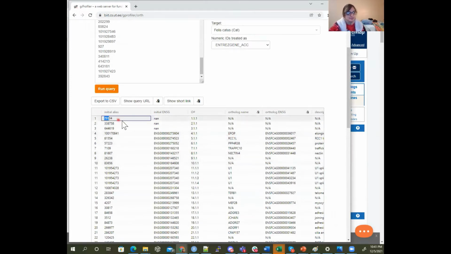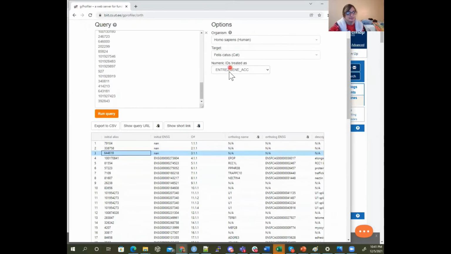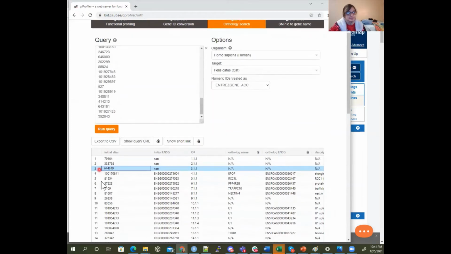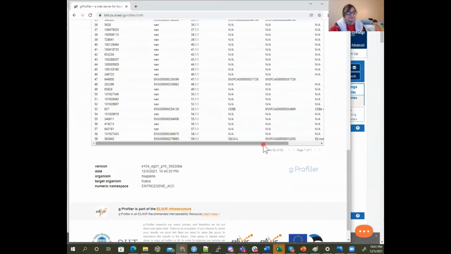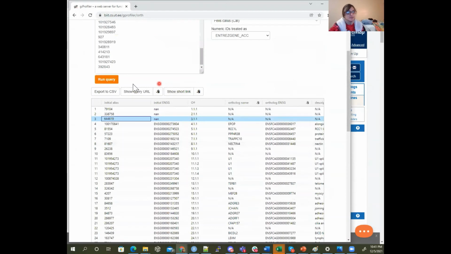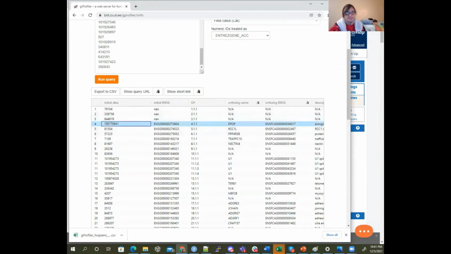But if there are some that don't map to any cat genes, then they're just NA. There's no ortholog if they can't find it. Or they try to fill it up as much as possible. And we can export this to a CSV that we can use and analyze, but we can see for certain genes. Like for instance, this gene right here,